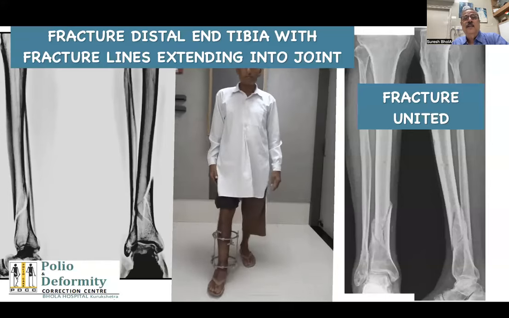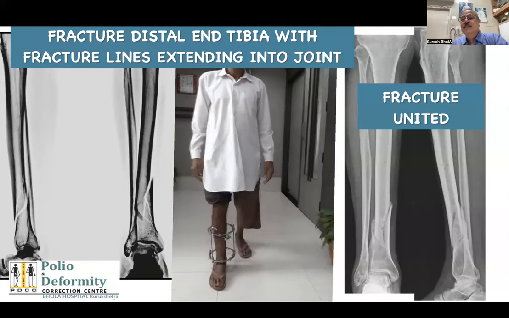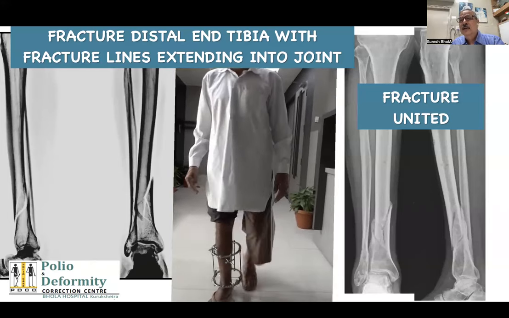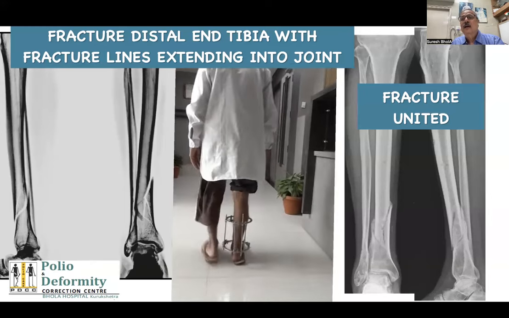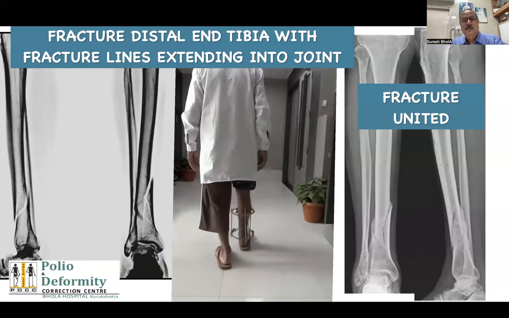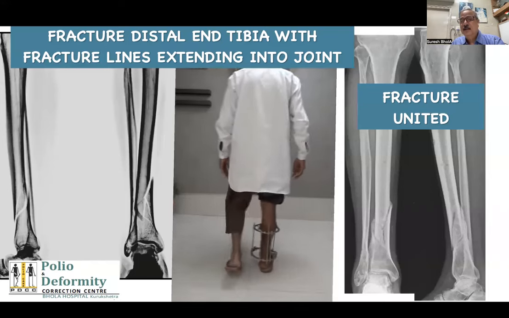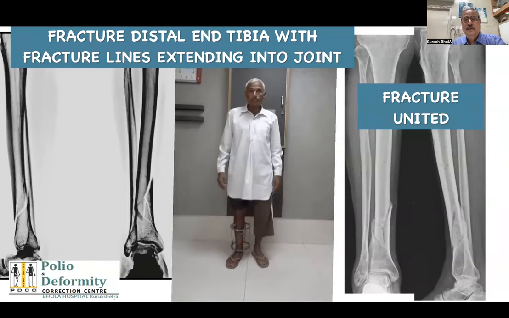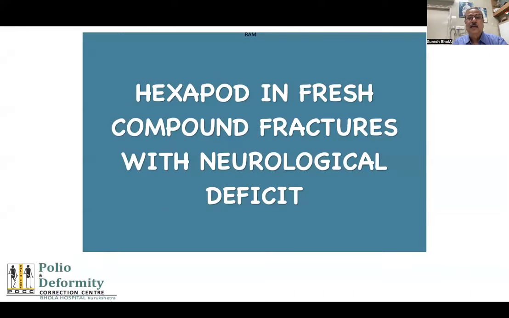Another area, fractured distal end of the tibia, where the fracture lines are even extending into the joints, and soft tissue issues are there. If you are always scared that some kind of skin issues, soft tissue issues, or other complication might take place, these are the cases where Ilizarov is a boon. And another case, fresh compound fracture with neurological deficit